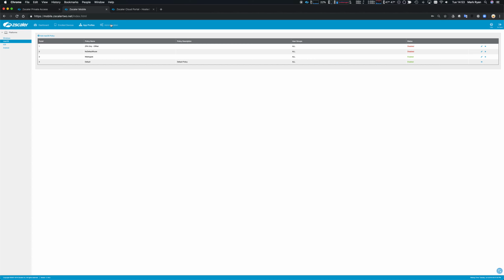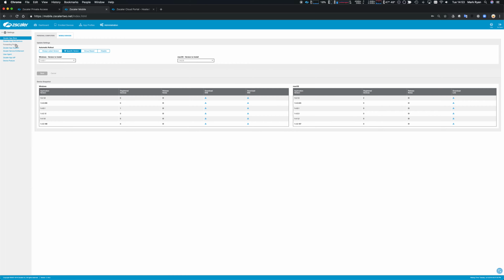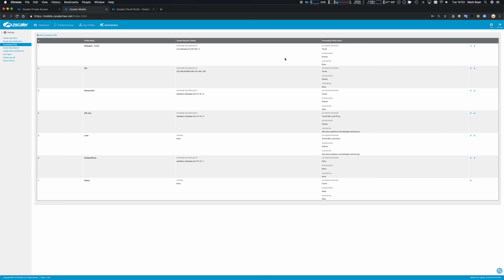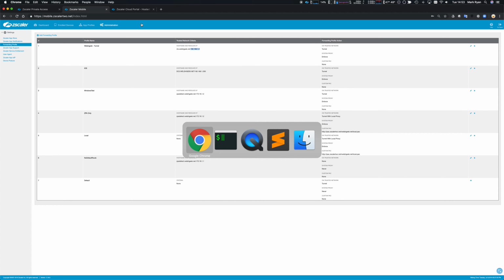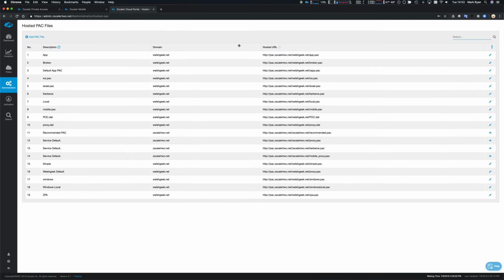If I just look very briefly at my forwarding profile on my tunnel mode, it says if nls.welshgeek.net equals 192.168.1.2, then I must be on network. Great stuff. So it makes it very deterministic. DNS resolution, fine. So what I can then do, if I look at my PAC files that I'm using,